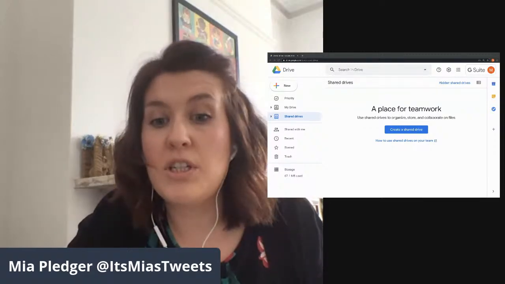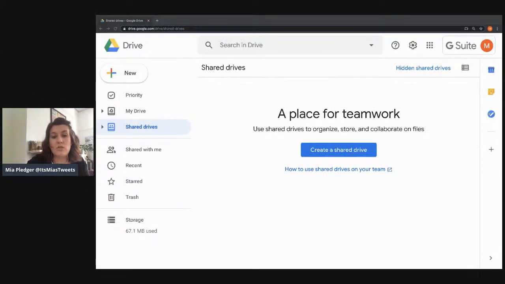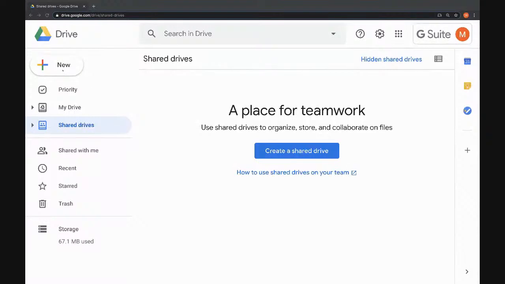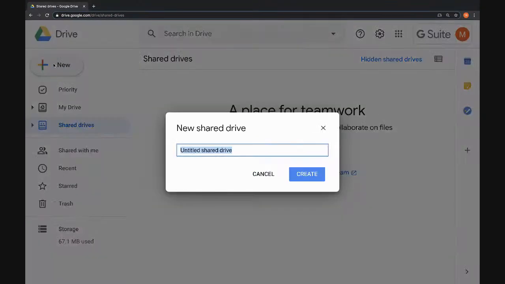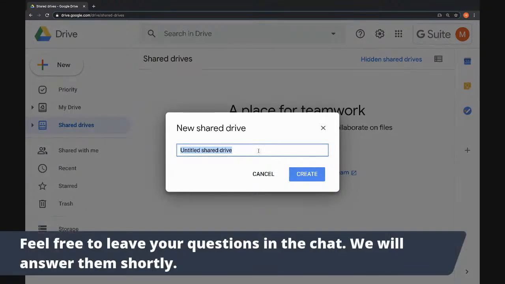So I'm just going to show you how you can get your shared drive set up. Make sure that you are in the shared drive section on your Google Drive, and then click the new button here. And then this little pop-up will come up where you can give your shared drive a name and then click create.